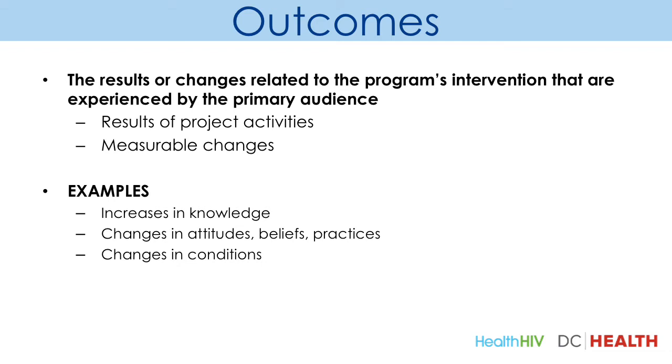It is to be considered as the result of an activity. Outcomes are usually presented in the form of some type of measurable change. Examples of outcomes of a project may include increases in knowledge levels about a topic, changes in attitudes, beliefs, and practices, or some conditions. For example, you may want to implement a cancer education program, but how can you demonstrate the outcomes of this effort? How can you assess any changes in knowledge, attitudes, beliefs, or practices that those who attend the program may experience? In order to determine if and how much change has occurred, you must also consider how you will measure this change.